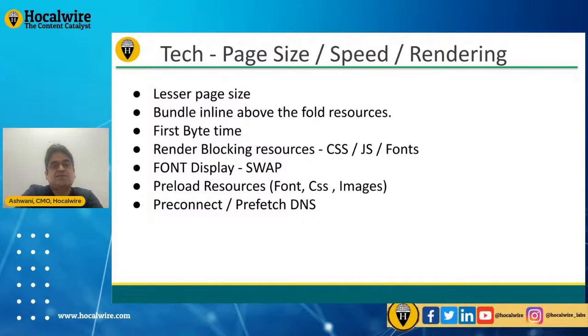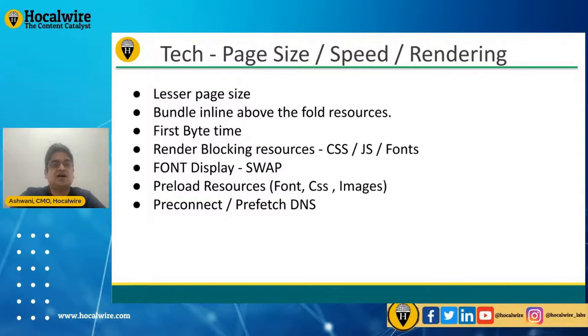Third foremost point for the page speed is first byte time. Essentially, what it means is that when I hit a URL, the first pixel I start seeing on the website is called time to first byte, which is a very important aspect. There are technologies like CDN, which help a lot in improving this first byte, because it's a combination of how your server response time is improved. And then suppose I'm sitting in a place where my server is hosted in another country,